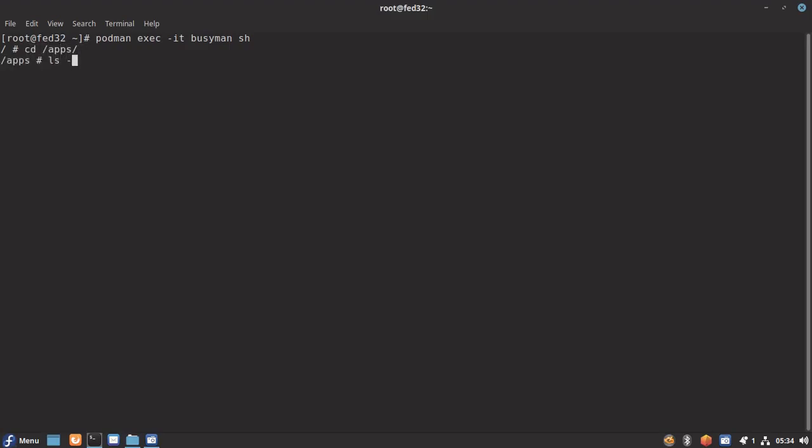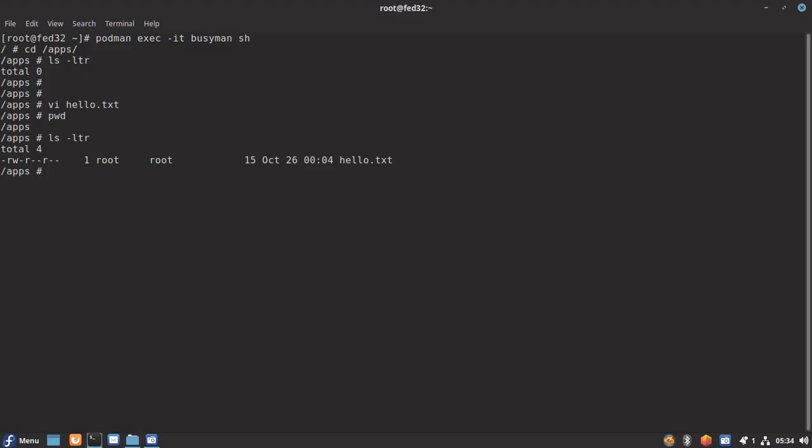So let's try to go into the apps folder. Okay, so we have this volume static mapped to the apps folder within this container, but right now there is no persistent data available. So let's try to create a hello.txt file and save it within this apps folder. Okay, so we have created our persistent data.